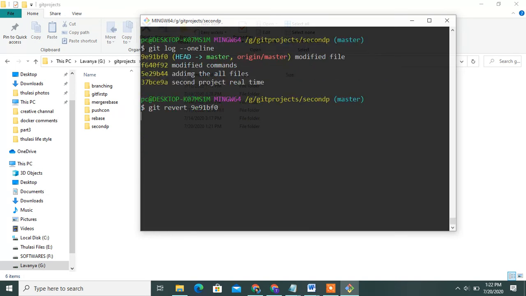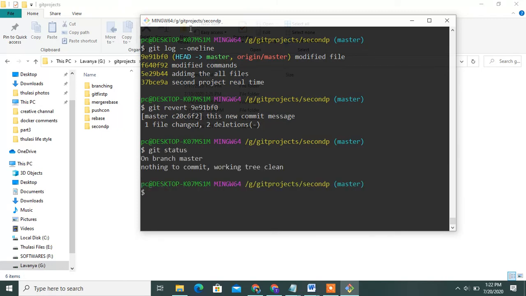Then save it. See, first of all check git status, nothing else, nothing stored.